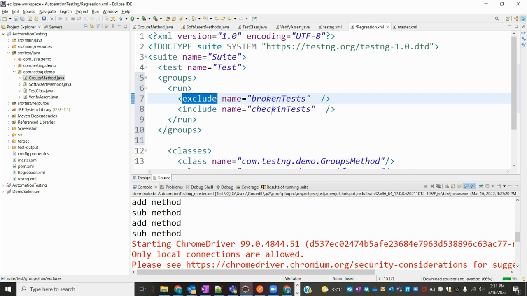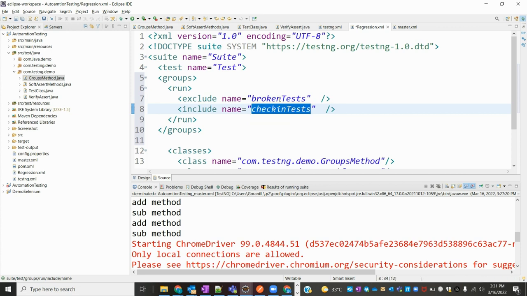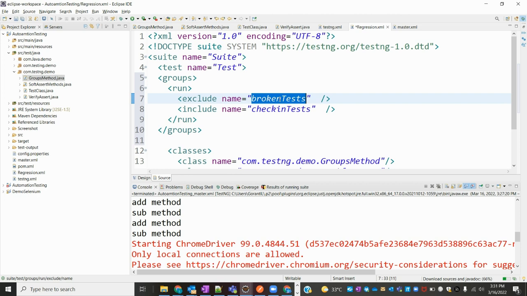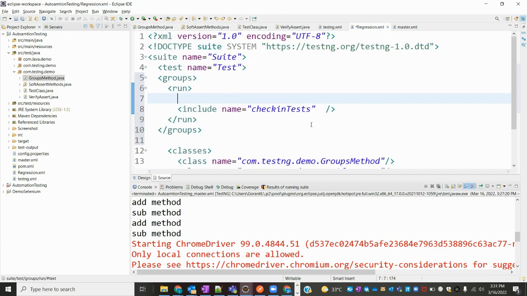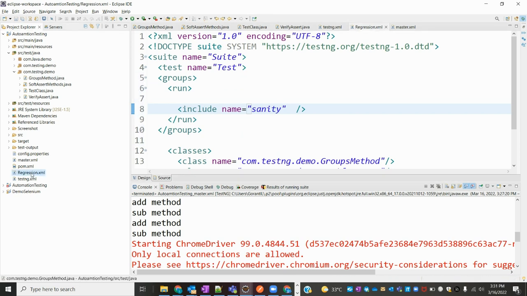If you want to run a particular scenario or test method, you mention that value for including. Excluding means if you don't want to run that particular method, then you mention it in excluding. Okay, now I am going to remove excluding first. Now I'm going to copy-paste group methods for sanity, save here and run this particular regression one,